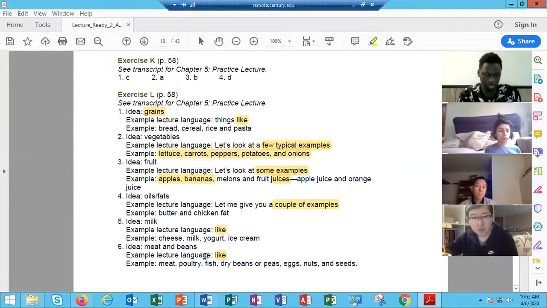The signal is always the word "like," which I would like to see them having a few more examples than just "example" and "like." If you remember in our textbook, we talked about words like "for instance," right? Or "to illustrate." They didn't use any of those examples in here, which I was kind of disappointed about because you need to practice all the examples, not just, if you remember in the book,